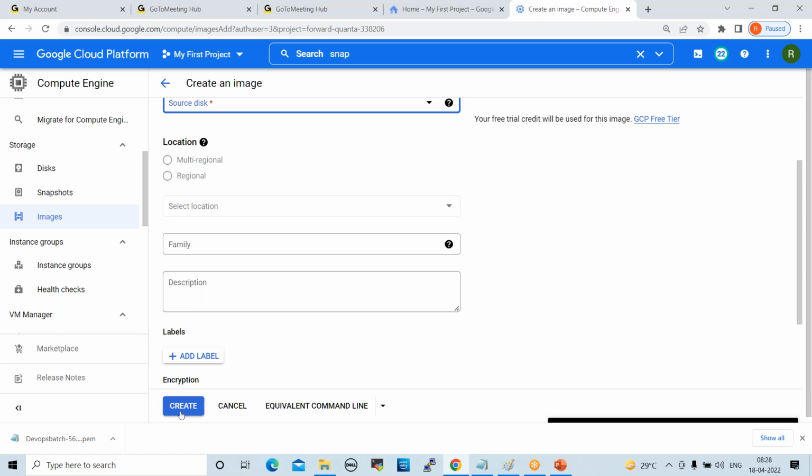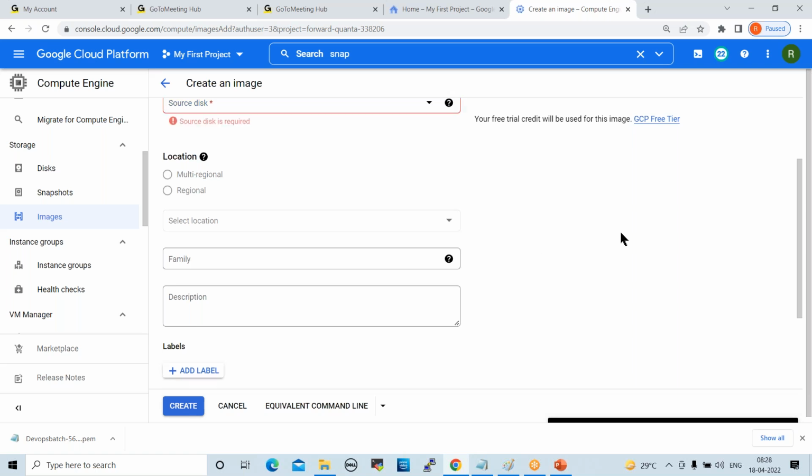Okay? So no need to go again and again here. We already went through all these services, right? I just want to show you all the steps quickly, so we'll move forward, right? Yeah. So this is the way we can create images. By using that image, we can create any number of servers whenever needed, right? Yeah. Next one,